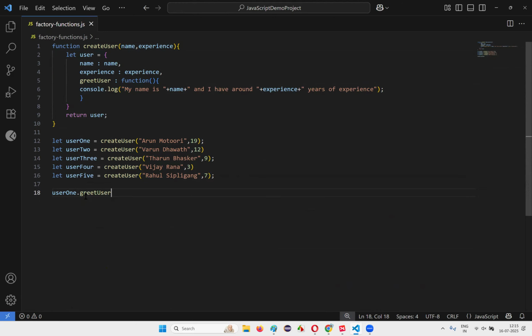user1 dot greet user, and that's it. You don't have to do anything else. Okay, greet user1 dot greet user. Okay, user1 dot greet user. You can also write user2 dot greet user, then